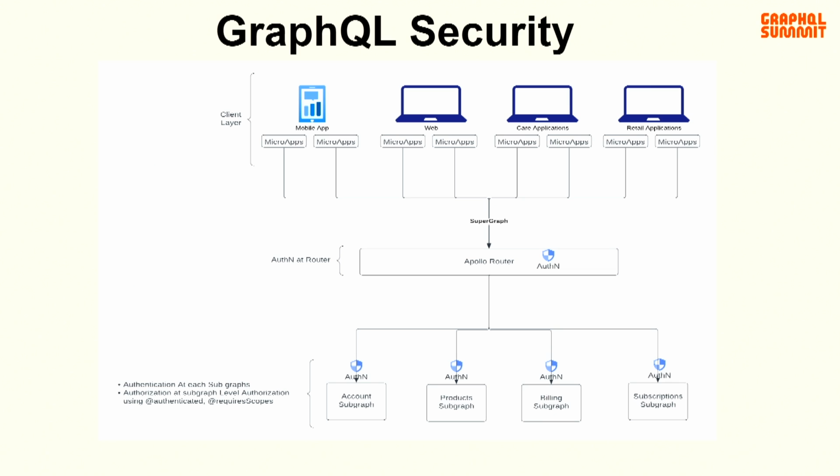We need to have authentication and authorization. How can we do that? Let's take a simple look at this one. Here we have several clients. Each client can have several micro front ends or micro apps which do some specific functions on that particular client. So based on their need, they need to access the endpoint, required to query different operations and get different data types. So we can set up authentication at the router level to make sure that only the permissioned clients get